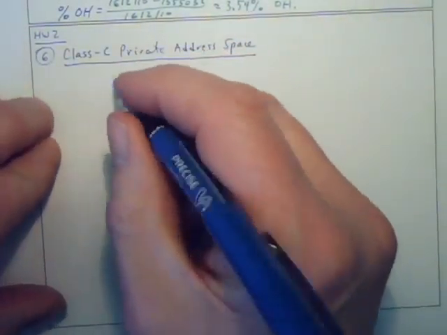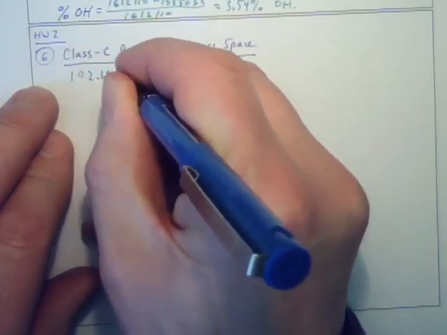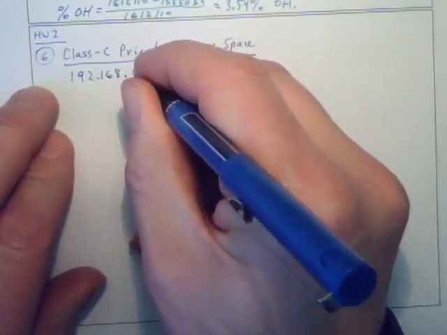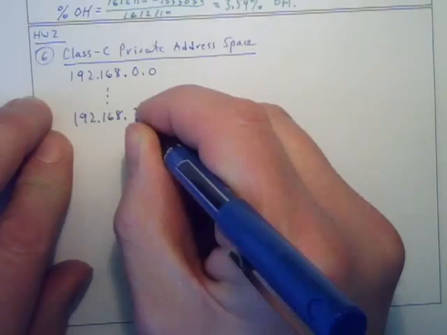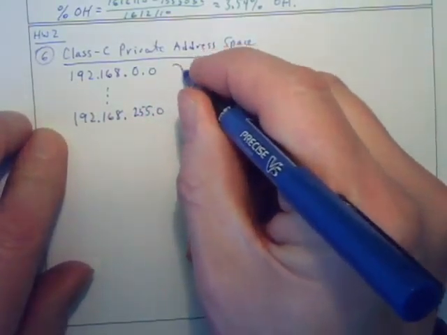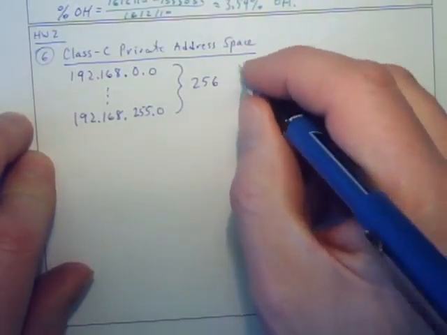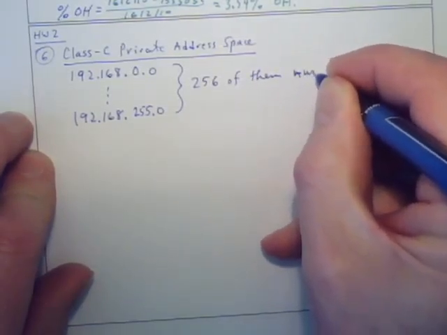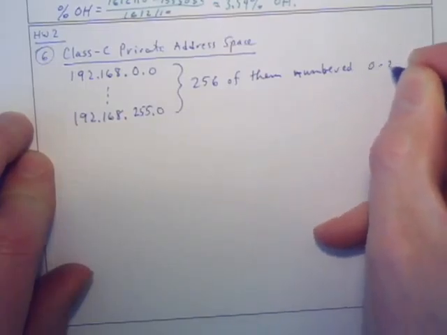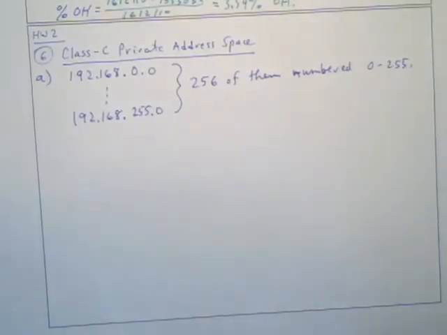The private address space is 192.168.0.0 down through 192.168.255.0, and there are 256 of them numbered 0 through 255. So that's part A. That's pretty easy. Part B says, why are there